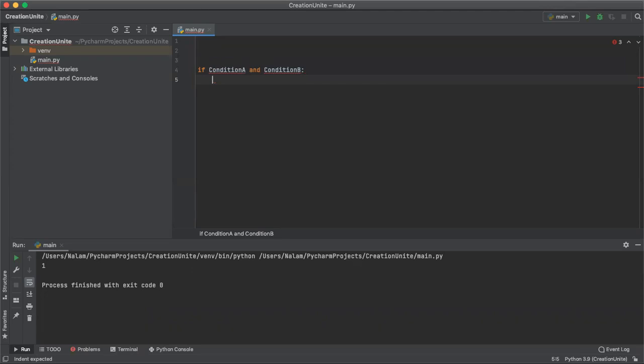Please, the if can exist without the else. If can exist without the else. Just that if the true condition is not met, it will just not do anything. So condition A, condition B, if they are both true,